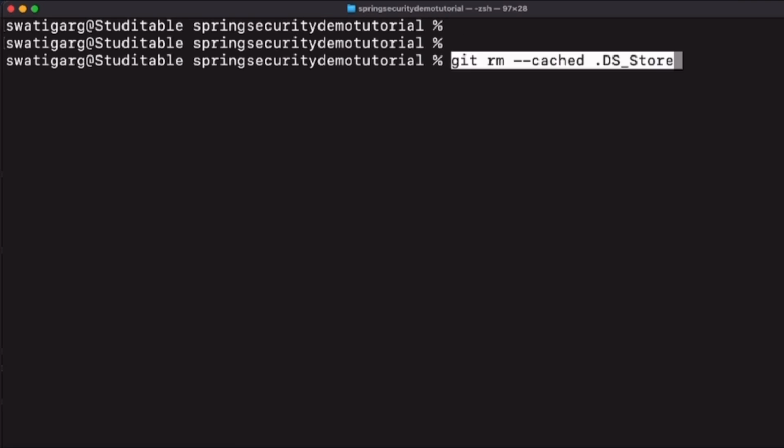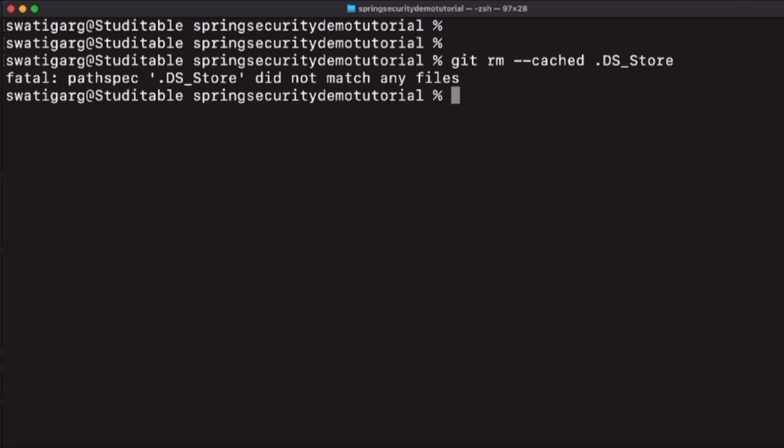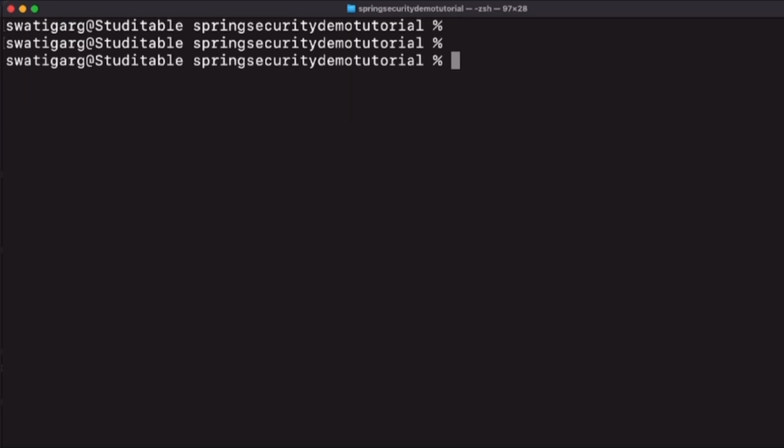And the third way is if the project is already there on GitHub, so we will add the command git rm --cached .DS_Store. If the .DS_Store files are there, then they will be removed from your Git repository if it's already there on GitHub. If it's not there, then it will not do anything. It will show you an error that .DS_Store is not found. So if it's found, then it will remove it, and once you are done, commit with a message, removed